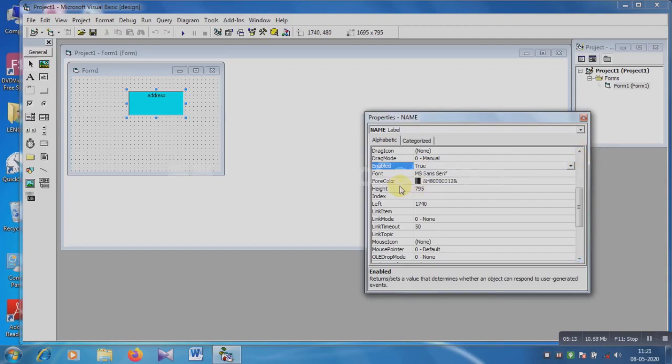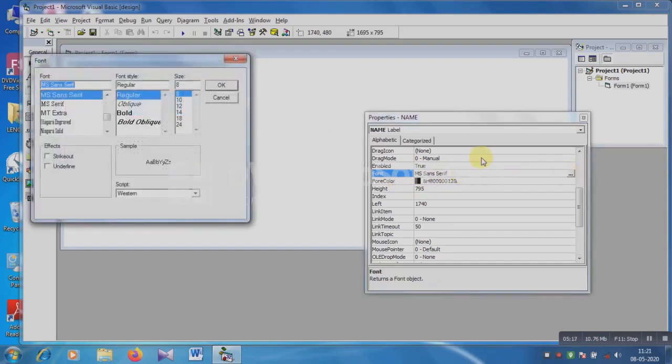Then the font. Font means changing the font type and size. Click on here and then the font dialog box appears on the screen. You can change the font here. Suppose Arial, and then I am changing the font style: narrow, italic, regular, so many styles.